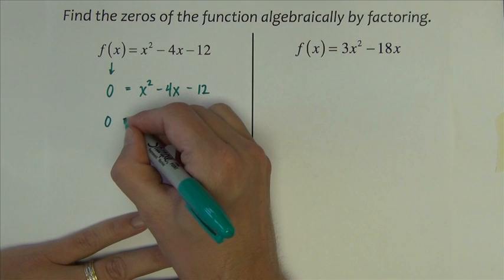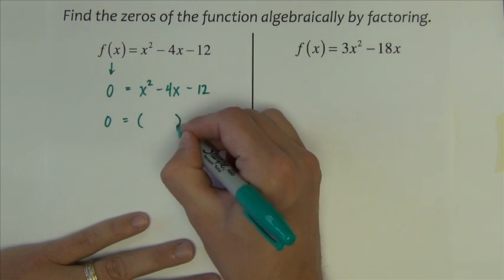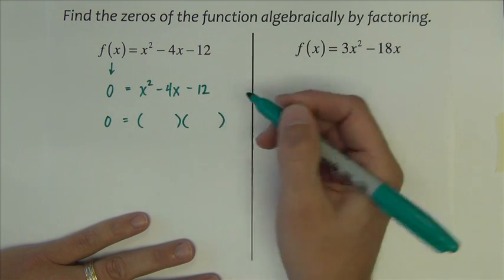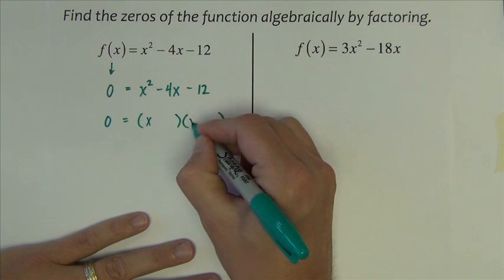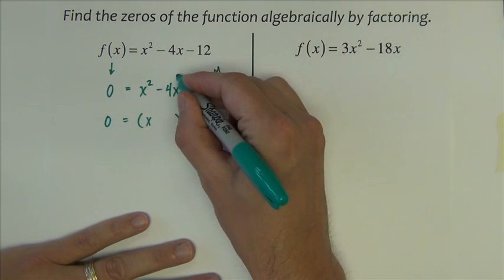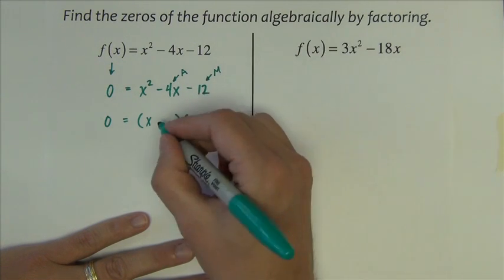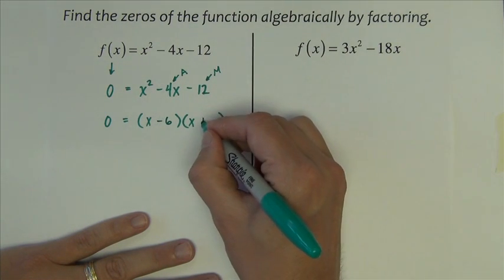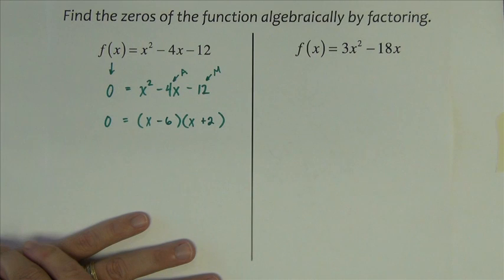And now we're going to factor this as an equation to solve. We're solving this equation with a factoring technique. X times x makes x squared. We want numbers that multiply to that one and add to this one. So we're going to use -6 and +2. Now,